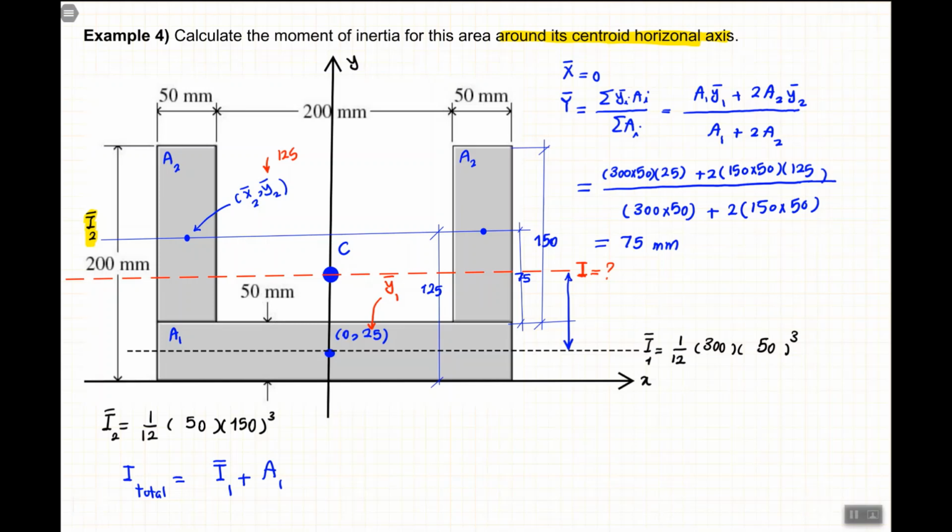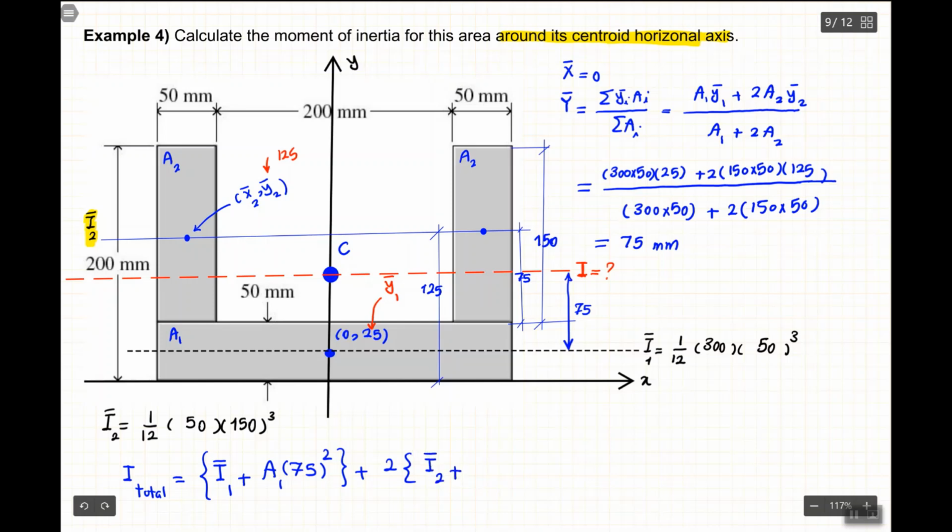So if from here to here is 25, it gives me 75. You can check my calculation later to make sure I haven't made any mistake. To the power of 2, plus, we don't forget this 2. Remember, for this A2 there are two of them, so I put 2 here so I don't forget, similar to what we did at the top here. 2, so I bar 2